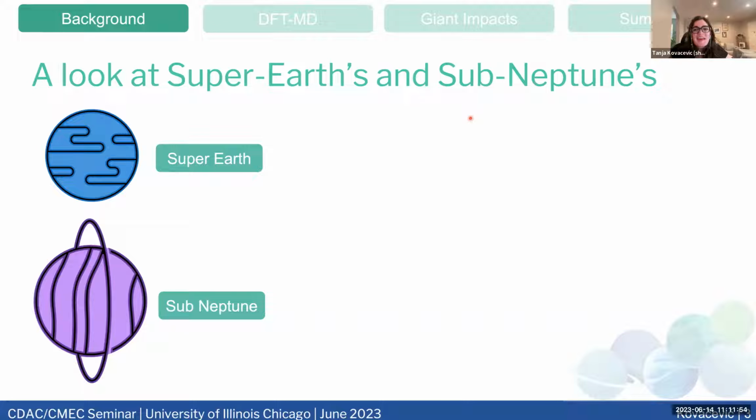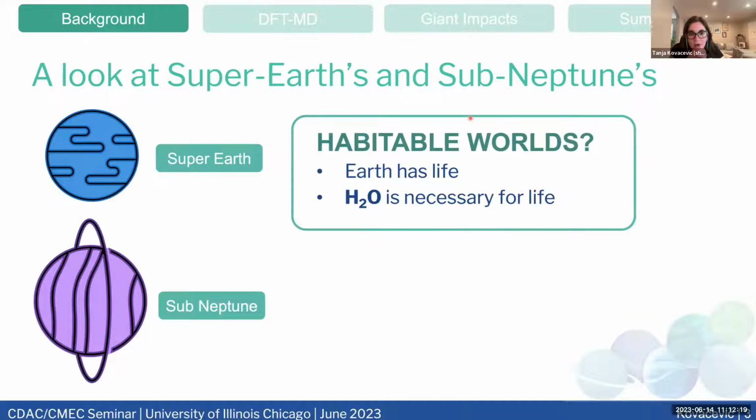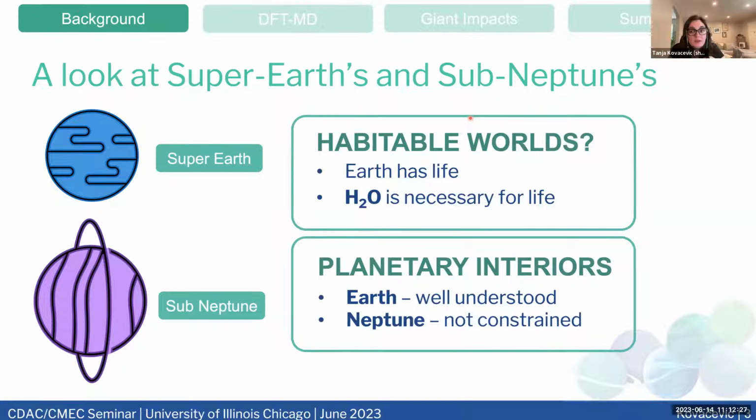The reason that I'm interested in these water-rich planets isn't just because of how often we find them. I mentioned water content in the last couple slides, and when I was talking about the Fulton gap, that water is pretty important, and we know it's a common planetary building block. To offer a couple more reasons, let's tabulate a couple of things we know. Earth hosts life, and water is necessary for life, at least as we know it. We know plenty about the interior of Earth, but the interior of Neptune is much less clear.